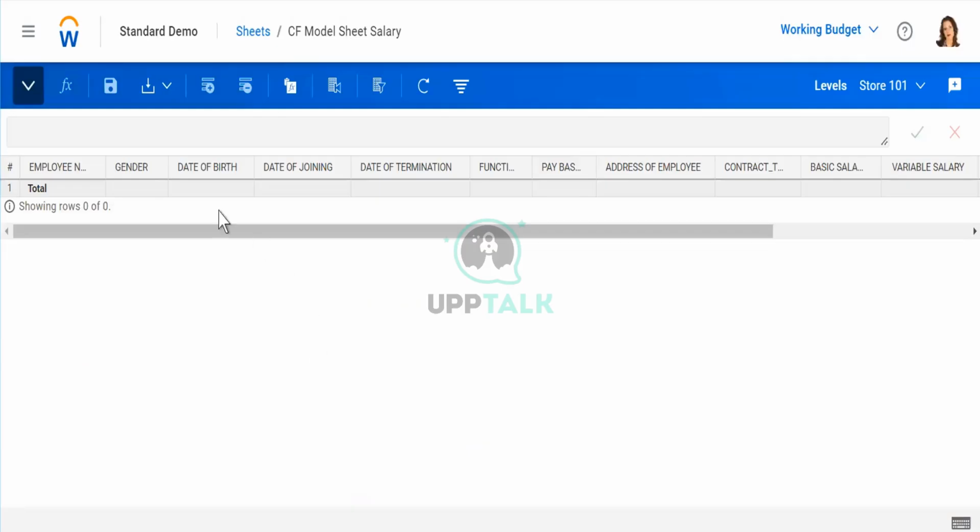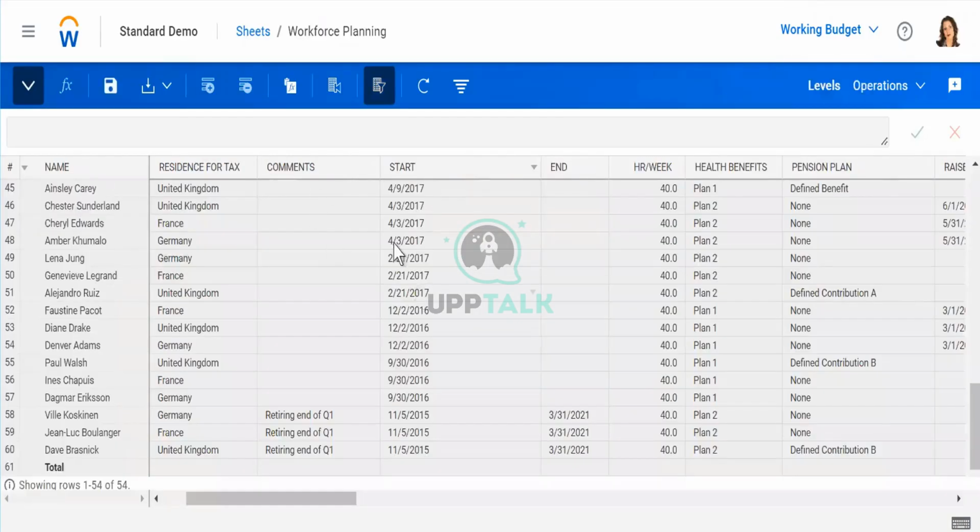All the Excel file data will be populated here, one row after the other, and you will have the columns populated, the dates also captured for individual levels. Basically, levels are coming here and all the employees belonging to store under 1, the data will be reflecting here, correct? Similarly, workforce planning was done in a similar way. Once the sheet was built, the only thing visible was these columns. Then they added one row at a time, or they did a direct import template approach where they can import 54 rows in one go.